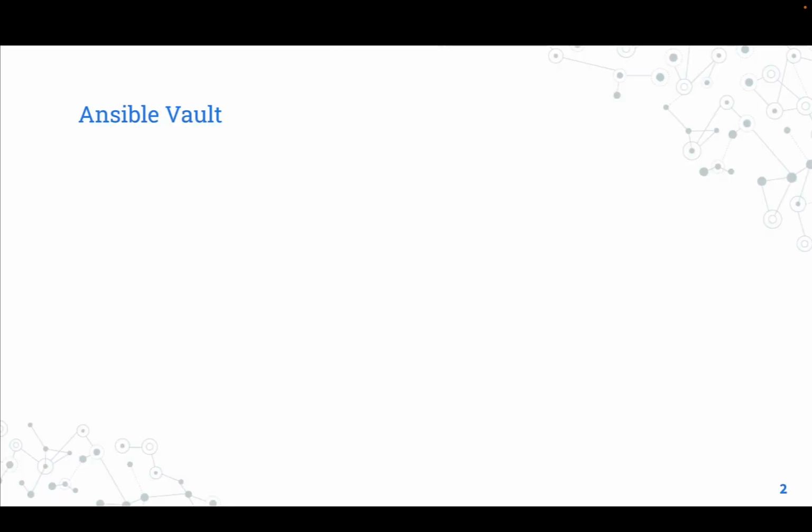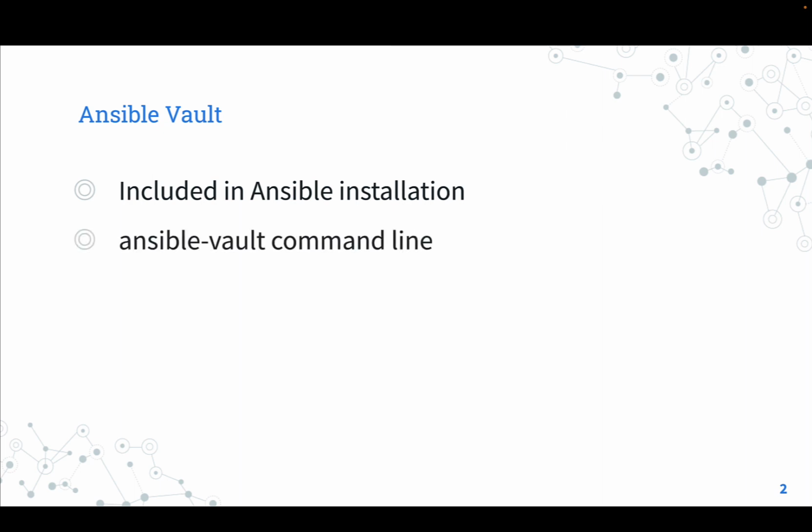Ansible Vault. Ansible Vault is included in every Ansible installation for the most modern operating systems. It includes all the software for encryption and a handy command line utility, ansible-vault, to encrypt, decrypt, modify, change passwords, and so on and so forth. The encryption of the Ansible Vault file is strong and relies on the AES 256 cipher.